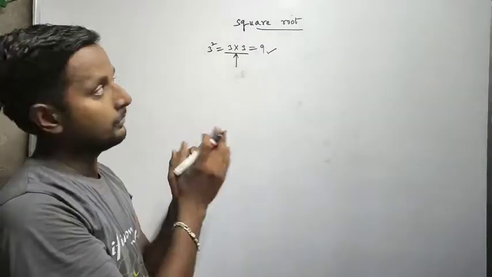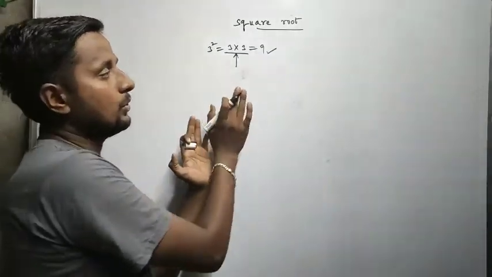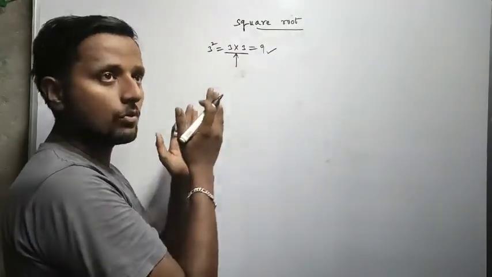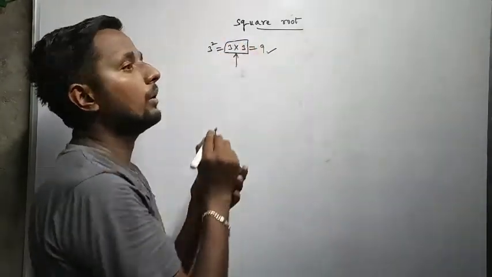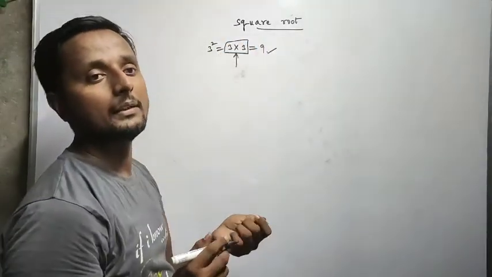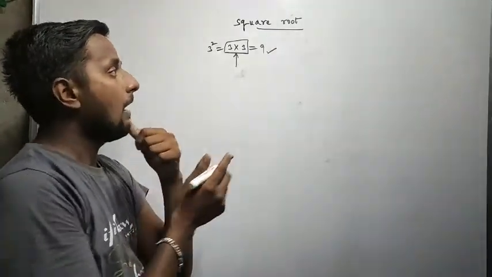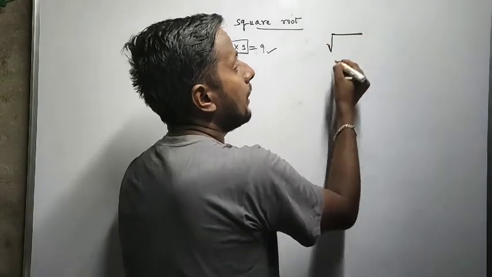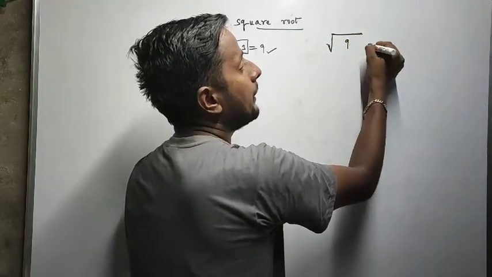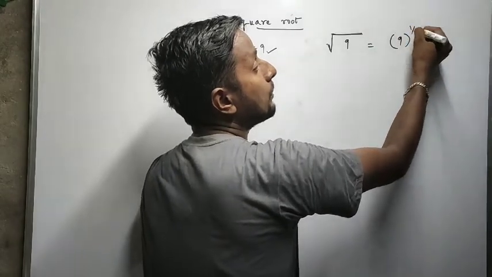of the square number. Okay, square root of 9. Simple. So if you take any perfect square number, and you express it as a product of two equal factors, then each factor can be called a square root. Okay, and square root can be expressed with this sign. If you write the square root of 9 in exponential form, we'll write 9 power 1 by 2.